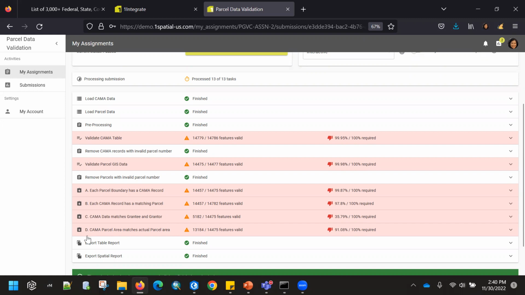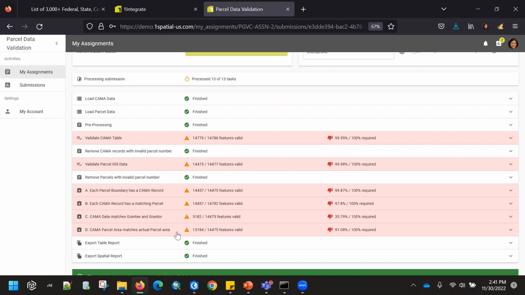Lastly, and I really like this check, we check that the camera parcel area actually matches a calculated parcel GIS area. There is an attribute on the camera side that says how big the parcel lot is, versus the actual calculated geometric parcel area.